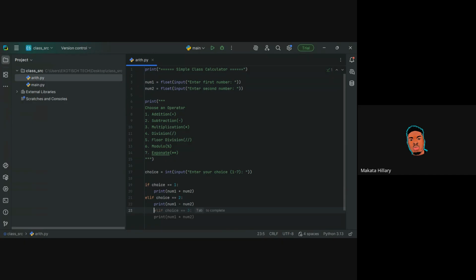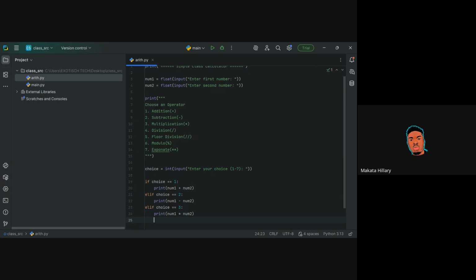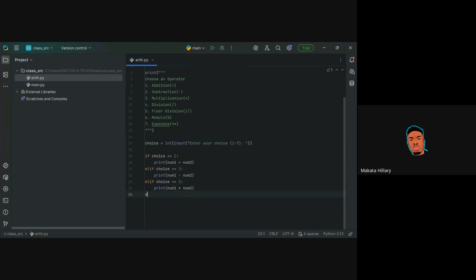So we still go ahead because we have 1 to 7. We still go ahead and say else if choice equals 3. That is, if choice is equal to 3, which is multiplication here, then go ahead and print the result of number 1 multiplied by variable number 2. This is what we are going to do throughout. We are going to use elif from number 2 to 6. So let's say elif